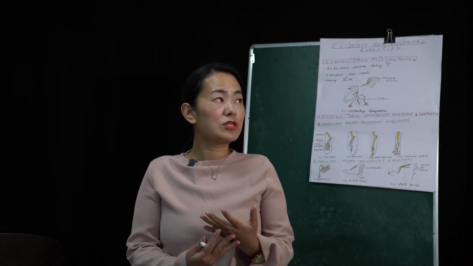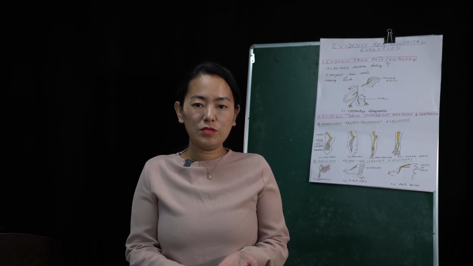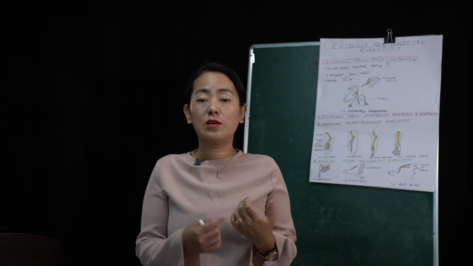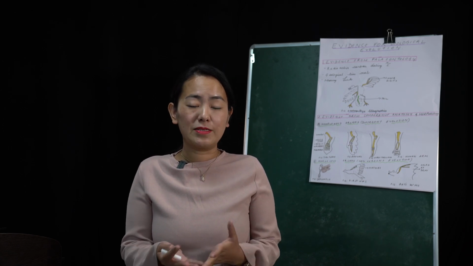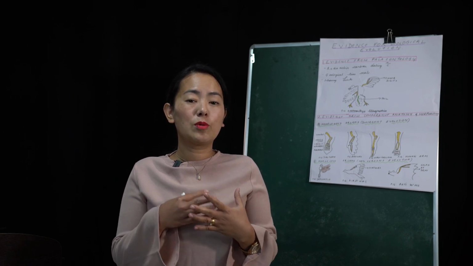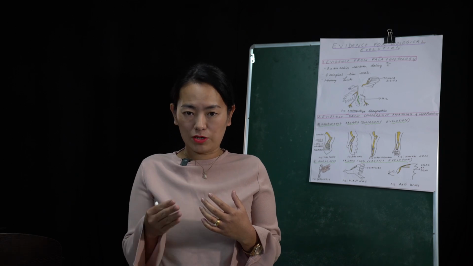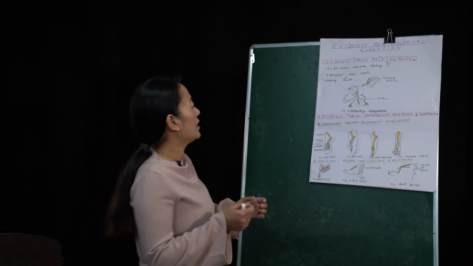Last class we talked about the evolution chapter. We're going to continue with evolution. Last class we talked about the origin of the universe, the planets, the earth, and then the origin of life. Now we're going to talk about the proof, the evidence that shows that evolution did occur. Okay? So the first one is